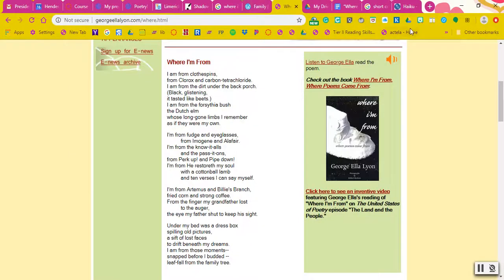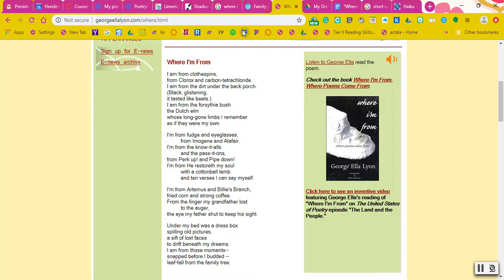The next poem I want to show you is the Where I'm From poem. This is a bit of a deeper poem, but when I show you the things you can do with it, you will probably be amazed. This poem was written by George Ella Lyon. I don't remember when she wrote this poem, but it had a big surge in schools in like the late 90s. I've seen a lot of lesson plans use this poem.